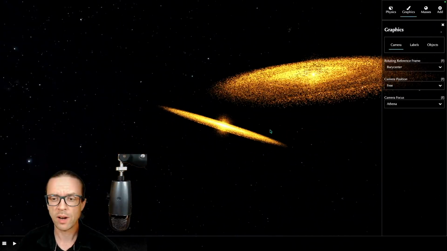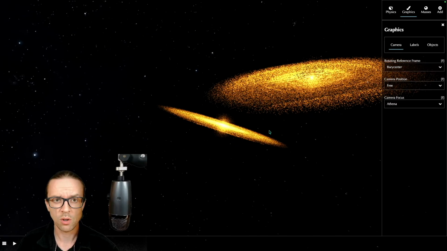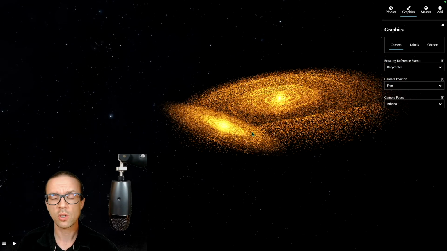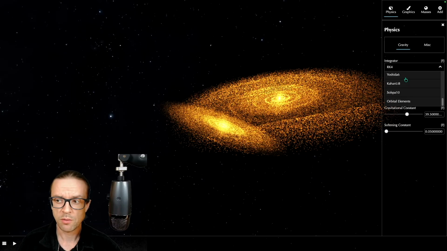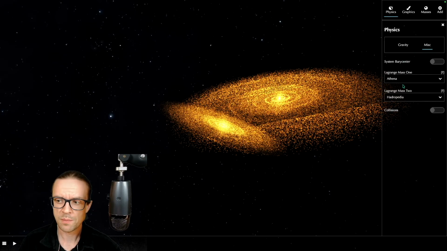Of course, you have to be aware these are not computationally heavy simulations, so it's not comparable to something that is being published in papers or so. But anyway, we have a lot of possibilities to simulate the physics. For example, here we have the integrator, as I just told you, with different precisions. RK4, Runge-Kutta 4, is, I would say, pretty good. The different time step integrations and so on can be adjusted, but let's leave it at the default values, and then we can also have a look at the different masses,